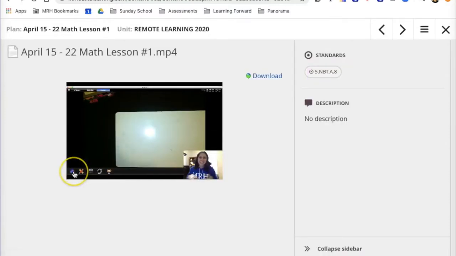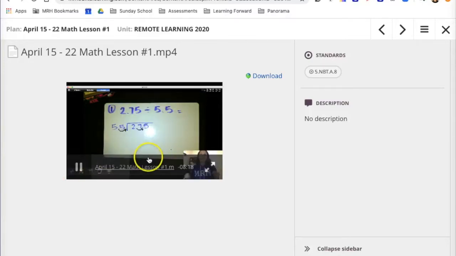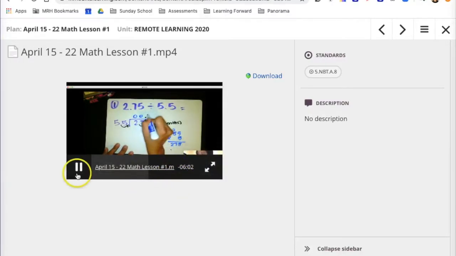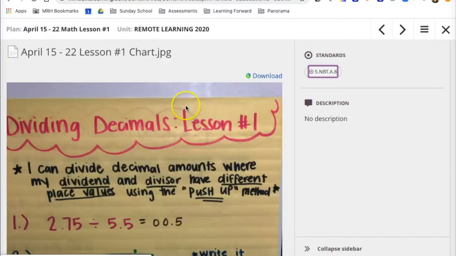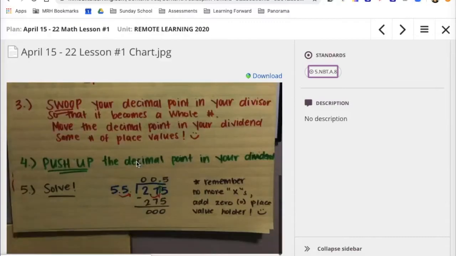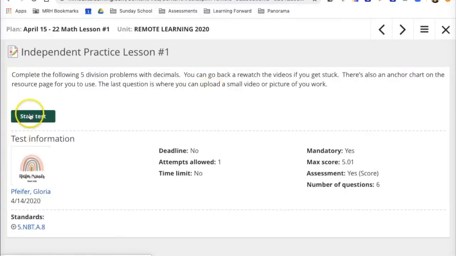And now we have the lesson, which is a 13-minute video, working through a math lesson on a whiteboard. Has a picture of their anchor chart from the classroom attached. And then a test, it looks like. They set up a test for us to complete